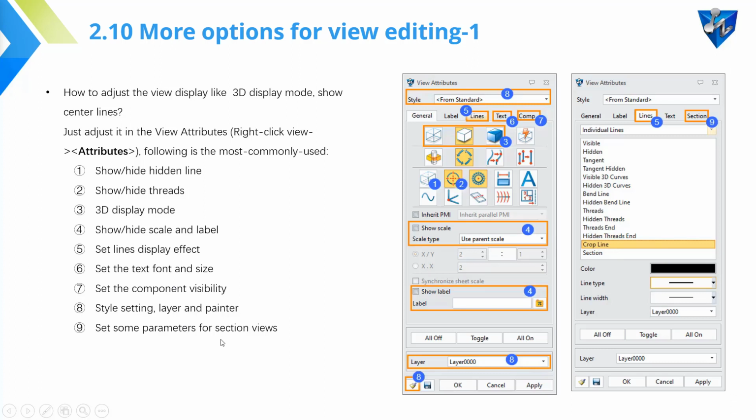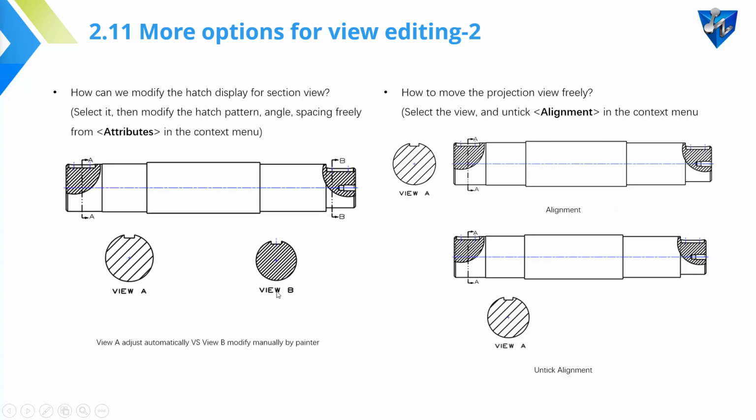Okay, let's just check inside the software, and also the hatch pattern, angle spacing, and also we can turn off the alignment for the projection or section